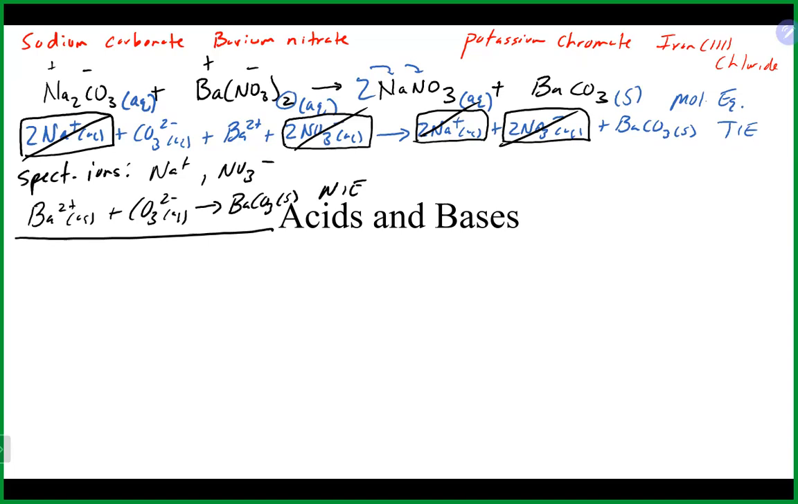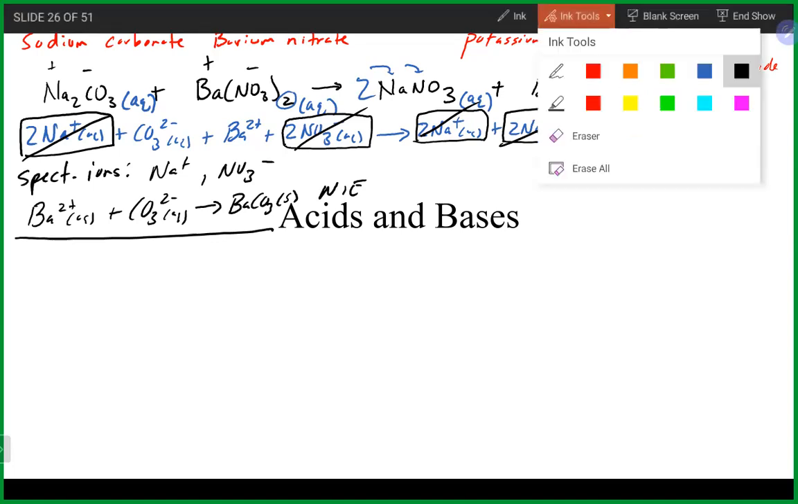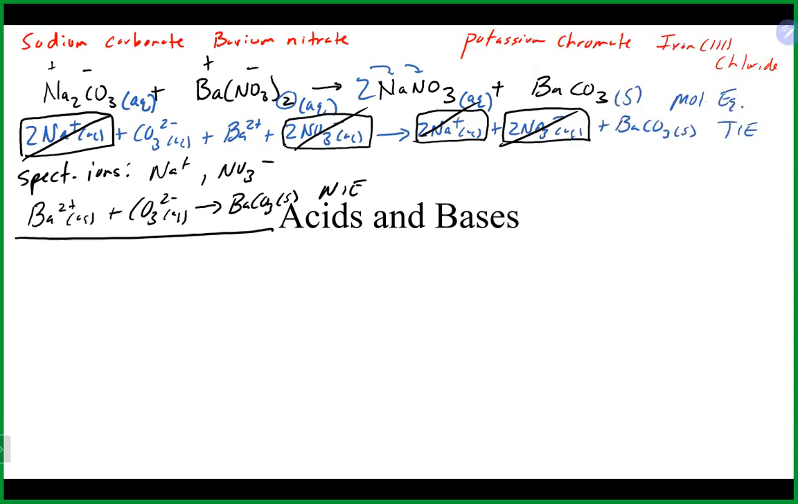All right, then let's take a look at the other one there and go through the steps. So here we got potassium chromate. Once again, potassium is +1 and chromate is -2, which gives us this guy right here, K2CrO4. Iron 3 chloride is FeCl3, as iron is +3 in this case, chloride is -1, so we need 3